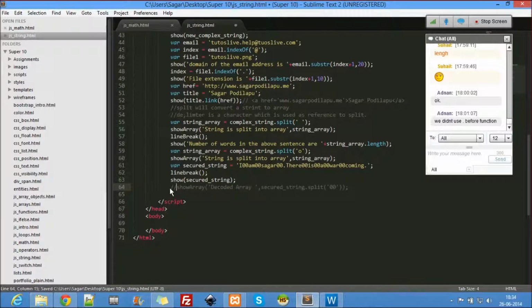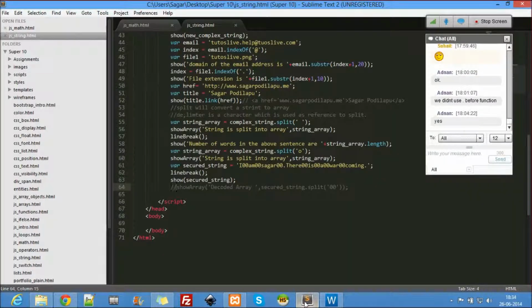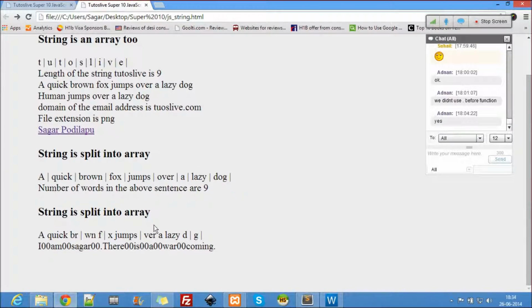Okay, let's just see this. Something else happened here. Okay, this is a secured string.